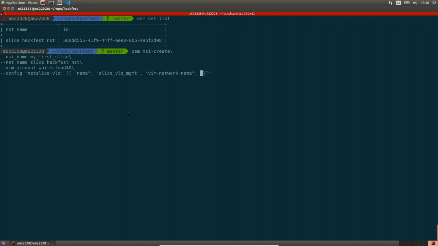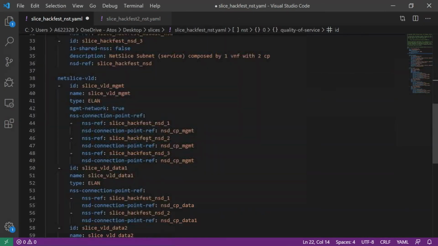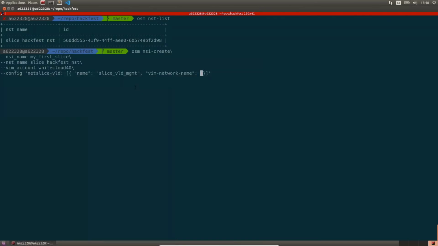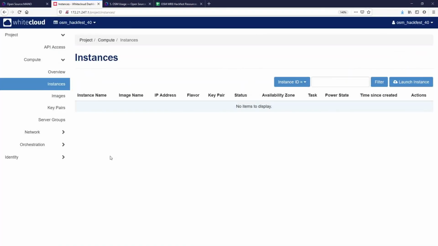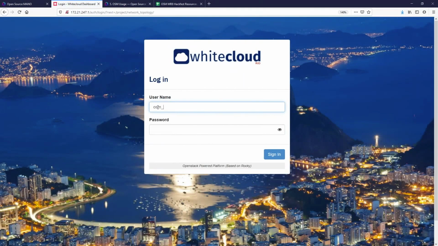So if you see the slice VLD management in the slice template, is this one, slice VLD management, where I have all the connection points to the network service connection point management. So this one I want to expose in the external network, and that external network, if I see the network topology,